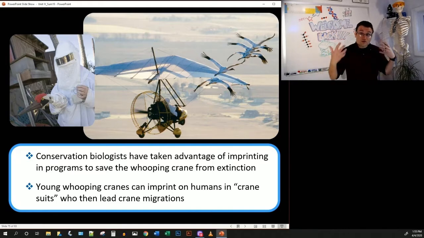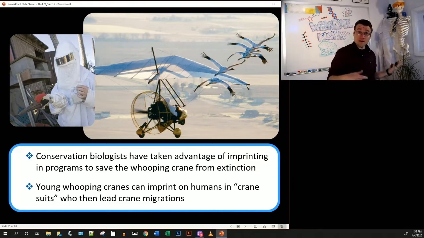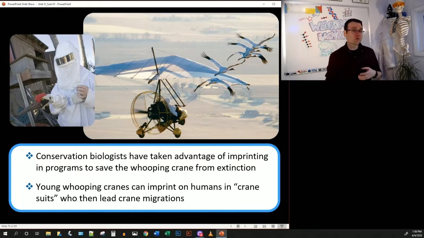But their traditional migratory patterns were being disrupted from all the habitat destruction. And that migratory route was a learned thing. It was something that they had to experience. They had to fly it with their parents in order to learn it, and then they would continue using that route. But it was not useful to them anymore. So what did these scientists do?